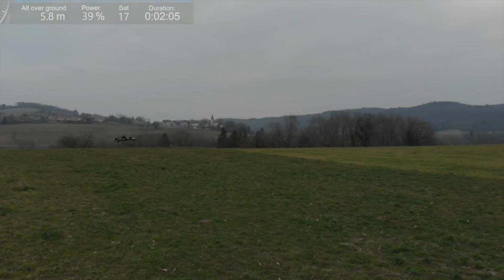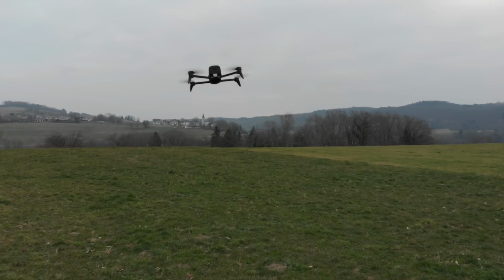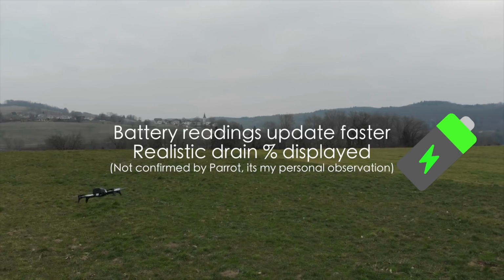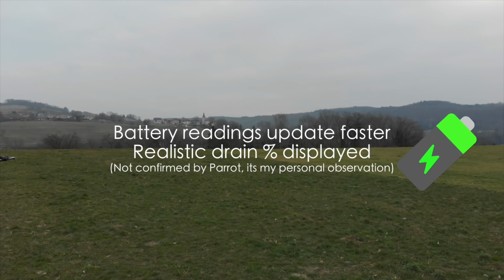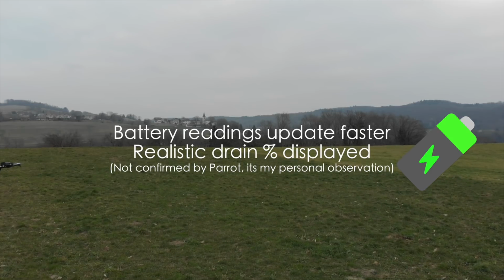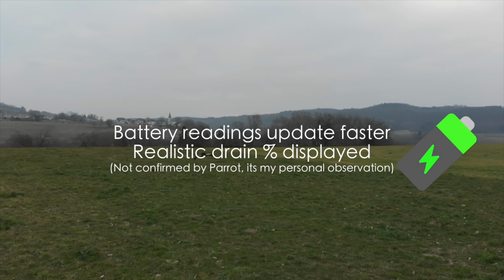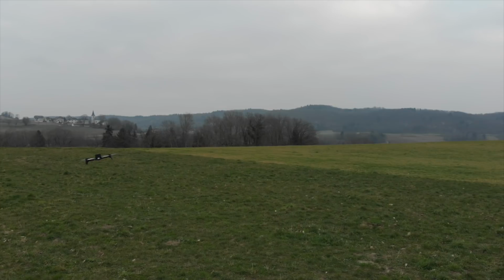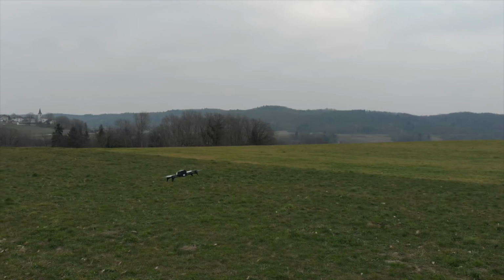Okay, so my conclusions with flying in strong winds and the cold after the update is, one thing I noticed, the battery readings are more consistent and more active as compared to what they were previously, where you would need to land the drone every 30% to take load off the batteries, and the battery reading would become accurate. It would drop as soon as the load comes off. But I think they might have worked with that. I'm not too sure, but I'm noticing this, and I've noticed that in this video with this first flight in